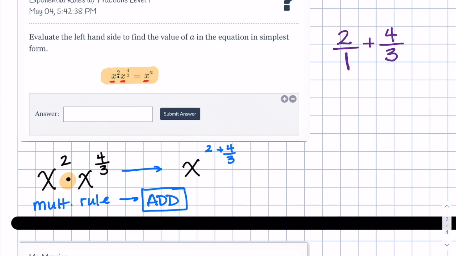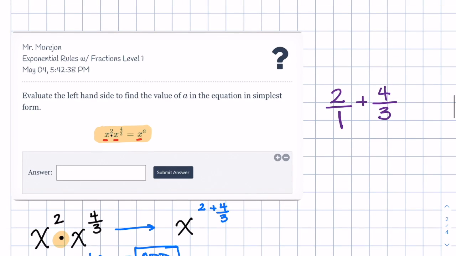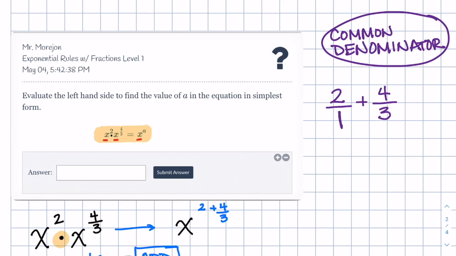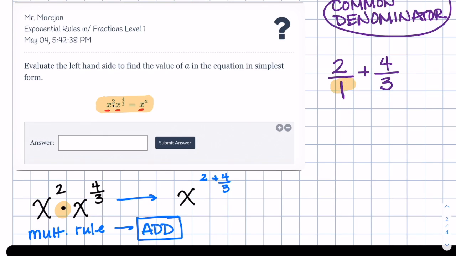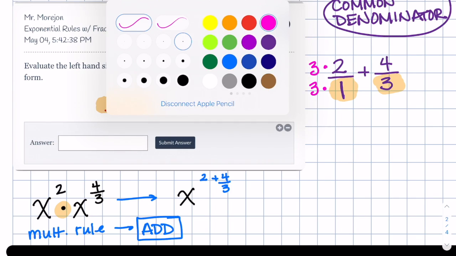And then here's the trick. You probably remember when you were younger, the teacher talked to you about this concept called common denominator. So you need the denominators to be common. Right now we have a 1, we have a 3. So we can't do anything until they're both the same number. So you should ask yourself, is there a way that you can turn the number 1 into 3? And you're like, oh yeah, I could just multiply both things by 3. And that would give us